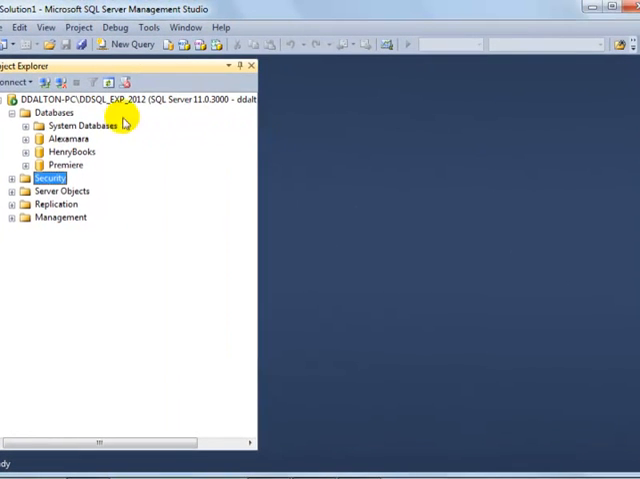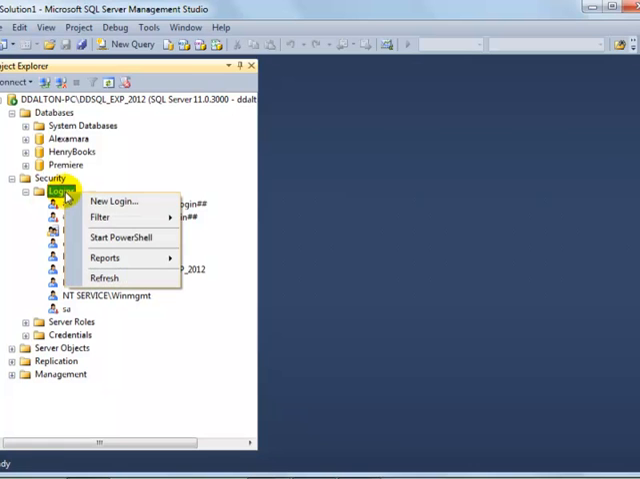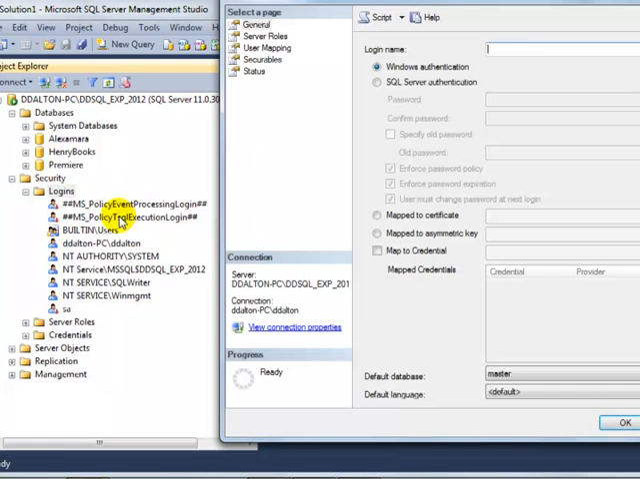Within our database system, we have 3 databases that we've installed. But our first level of security is to go into the security at this point. And what we're going to do, let's look at the logins. This is myself. I'm the owner. I've installed this. But then there's all these other default logins that are set up. What we're going to do is add another login